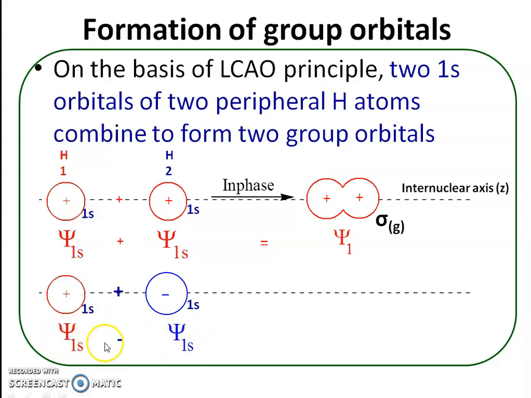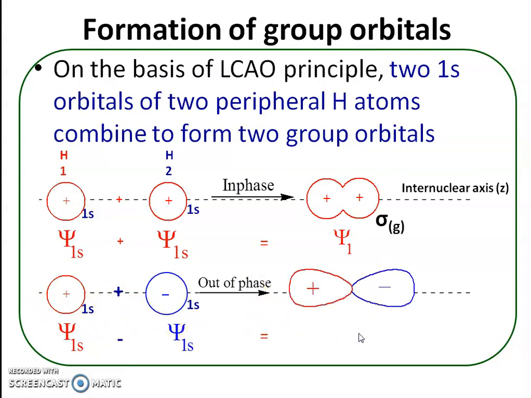So this combination is represented as psi 1s minus psi 1s, and this is the out of phase combination. A combination between atomic orbitals with opposite sign wave functions is called an out of phase combination, and it results in the formation of the other group orbital. This is the psi 2 group orbital, and it is labeled as